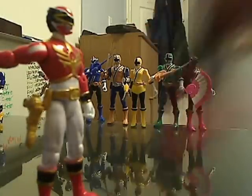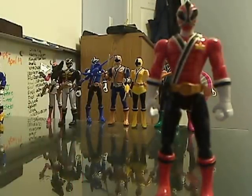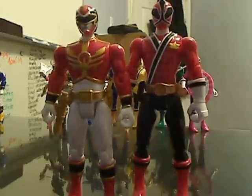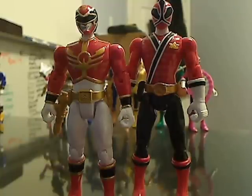I've also noticed the Samurai 4-inch figures are actually slightly taller as well. I'm not sure if you guys can tell here. Let me see. But yeah, you can slightly tell, but it's a bit hard. And as for the women,